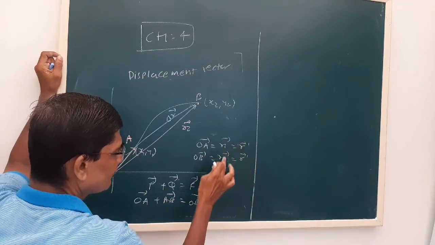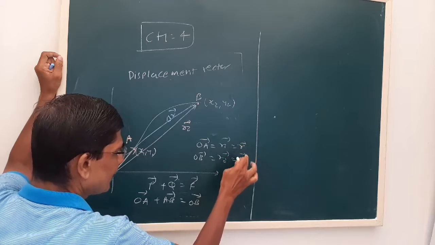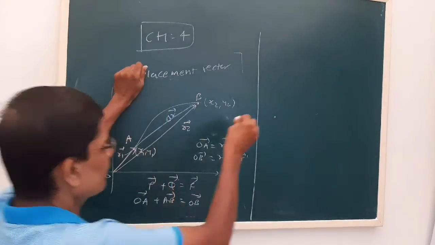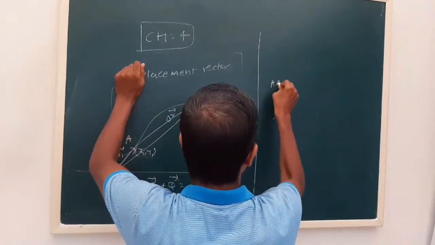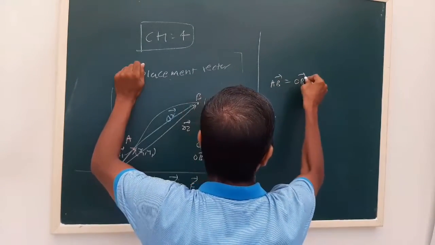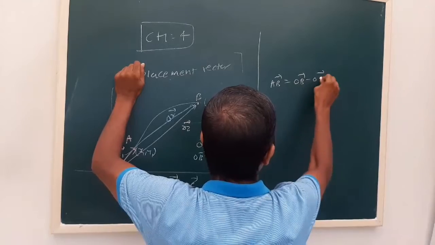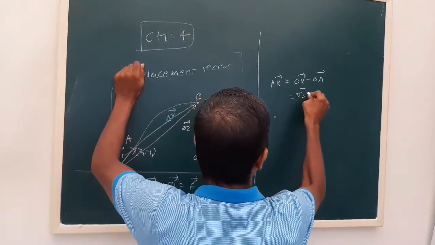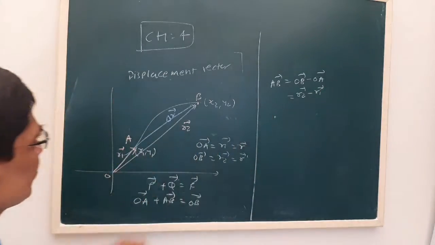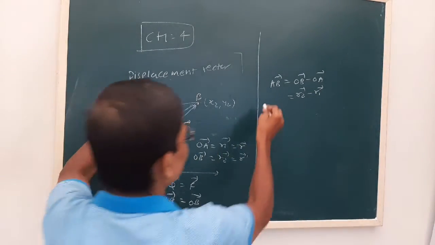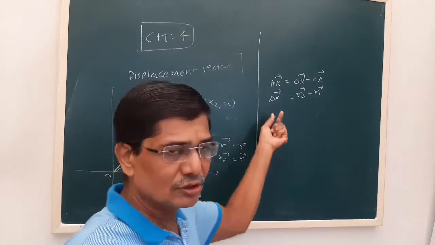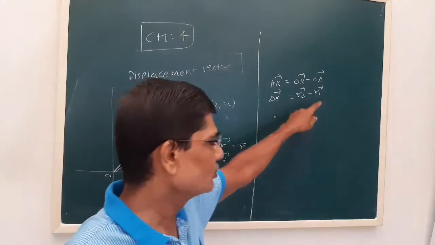Initial position is R1, final position R2. In the book they have mentioned R and R dash, one and the same. Now here AB is our displacement vector. So AB is OB minus OA. Now what is OB here? R2 and R1. AB, as I told, represents the displacement vector, that is delta R. So delta R, the displacement vector, is R2 minus R1.